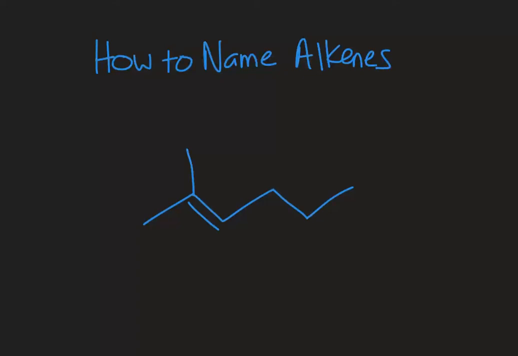In this video, we're going to look at how to name alkenes. Alkenes are compounds that contain double bonds, and the carbon-carbon double bond is a higher priority than an alkane or a halogen. Those are the things that you probably know how to name from before, so X being a halogen. Because it has a higher priority, you're going to number to give the alkene the lowest number